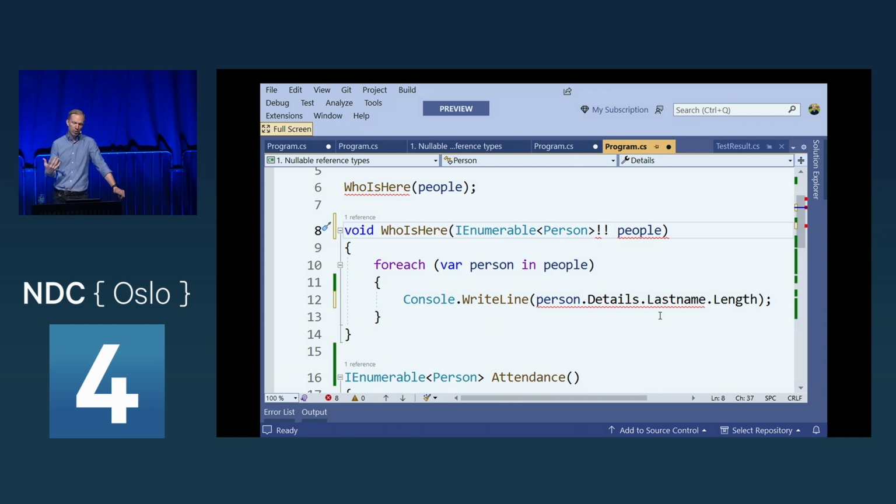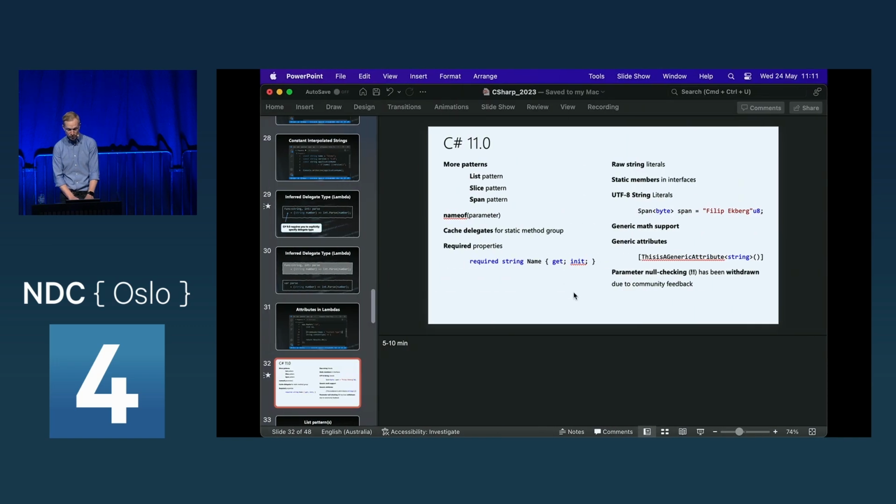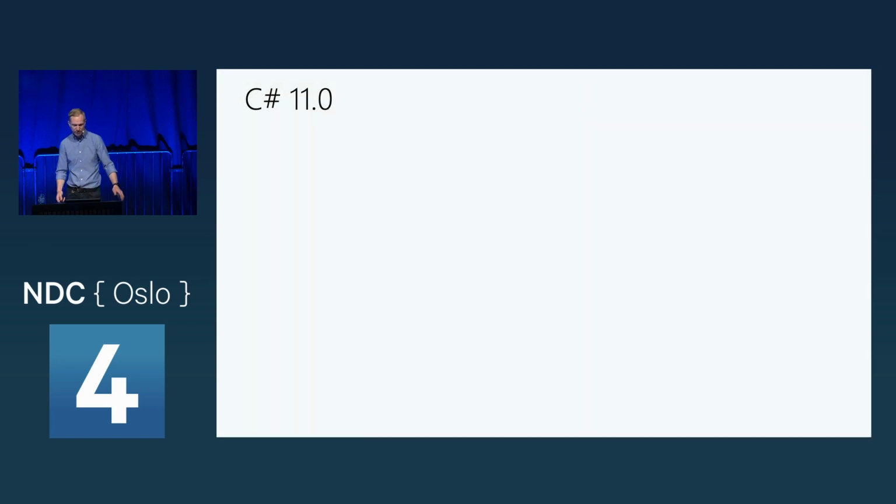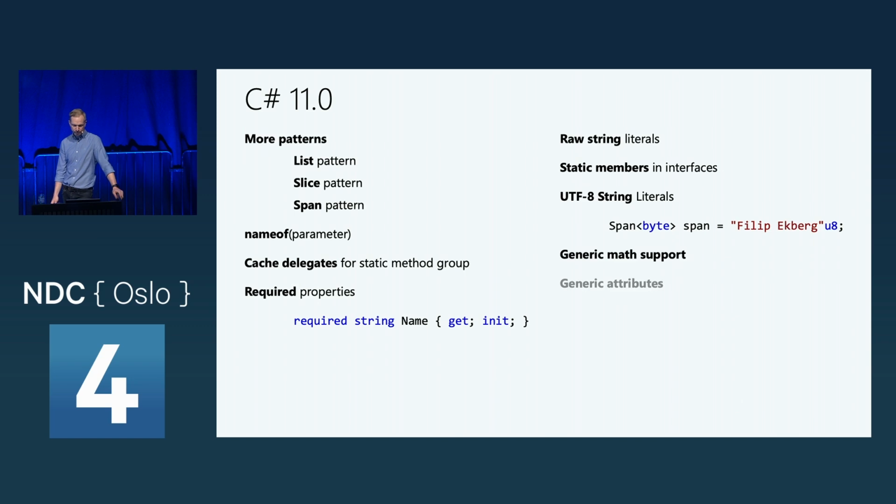They refactored a whole lot of projects internally, or actually on GitHub, so it's not internal, but a lot of the internal projects that have people at Microsoft working on them, they refactored a whole lot of things to use this. While it did reduce a bit of code, it also adds some noise. Having exclamation marks all over the place, it's not very readable. It's not very nice. So, due to a lot of community backlash, they had to remove this language feature.